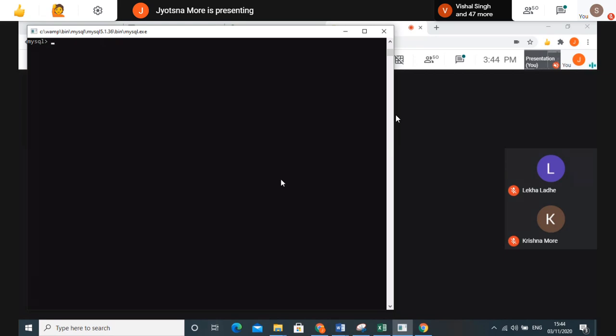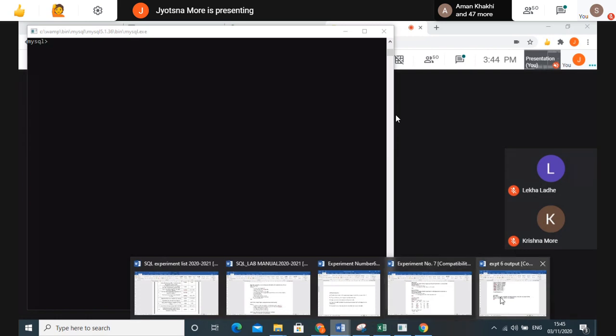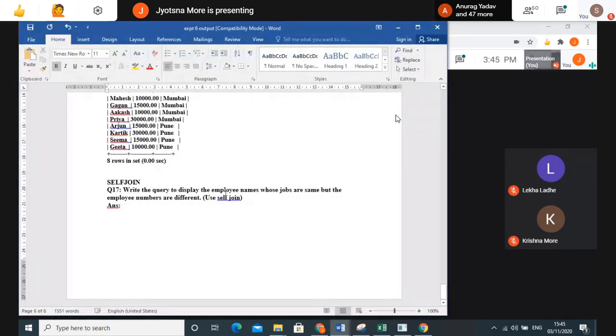What you can do, the same table you require to give twice. So you have to use the same table with different names. You just assign some different names to the tables, like tuple variables. Tuple variable we have studied, right? That concept we require to use here in a self join. So our question is, write the query to display the employee names whose jobs are same but the employee numbers are different. Correct? So for that, we'll write